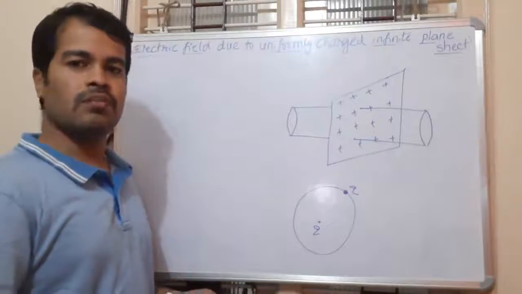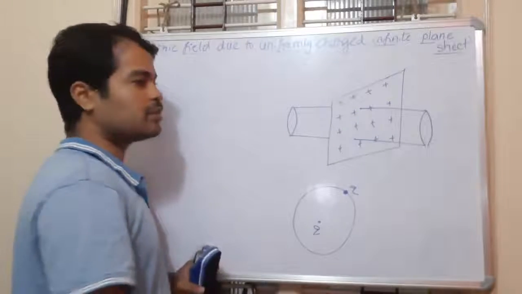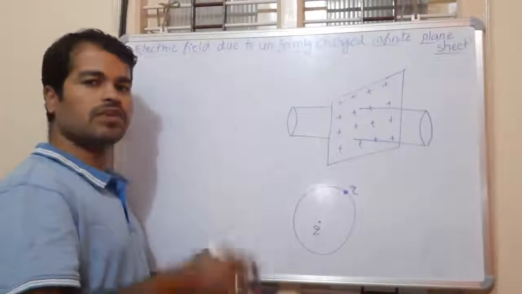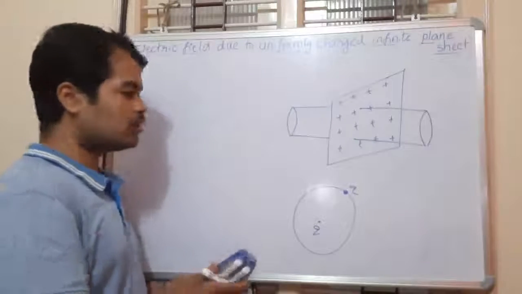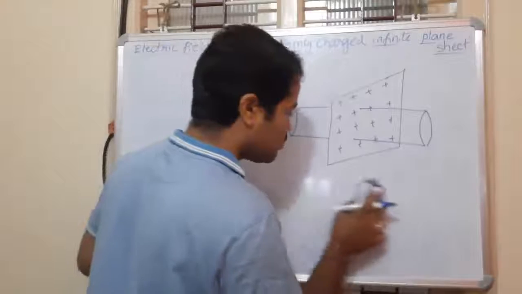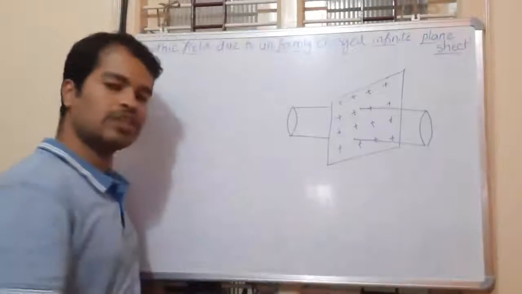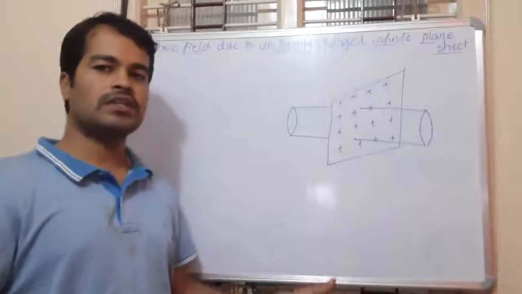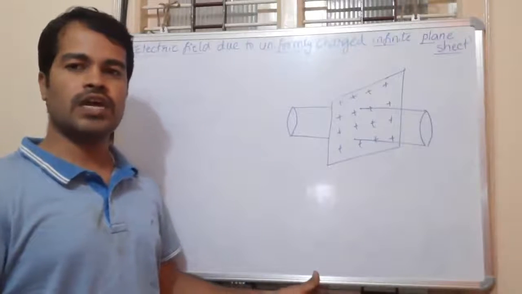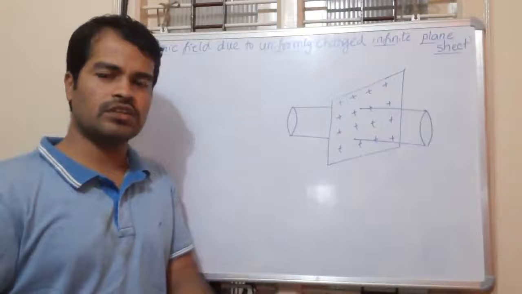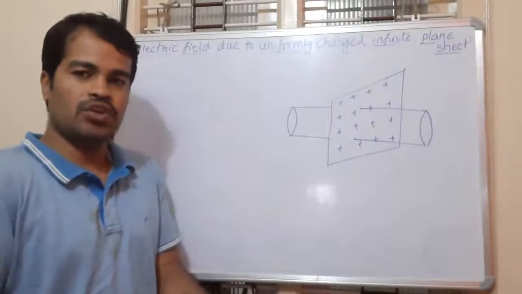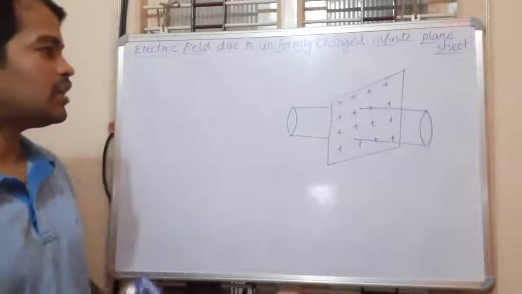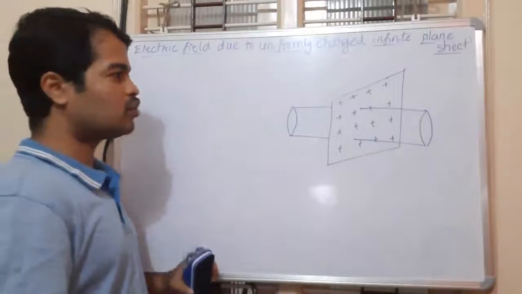But in the case of a continuous charge distribution, we can even take a Gaussian surface passing through it, but not for a discrete charge distribution. In the discrete case, we don't know exactly how fast the electric field due to a charge is going to increase when we come very near to the charge. Okay, so with that, now we need to find the electric field due to this plane sheet.